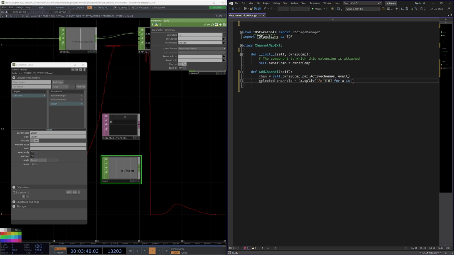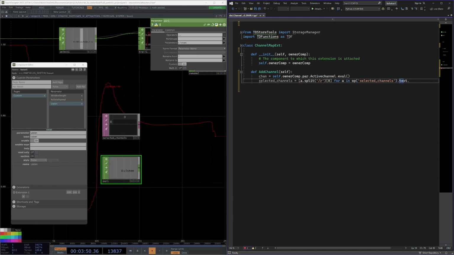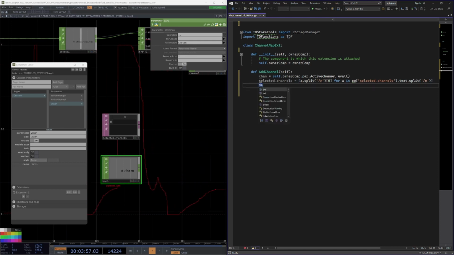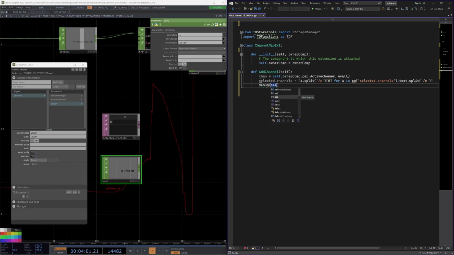For a in our op selected channels, dot text dot split, just like that, and then we can say debug selected channels,